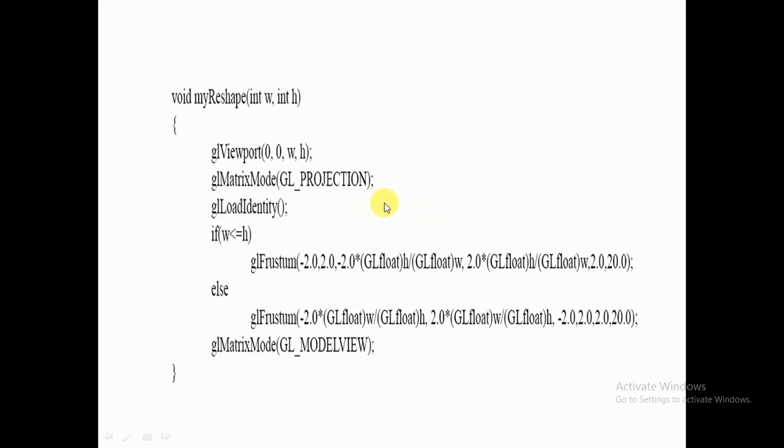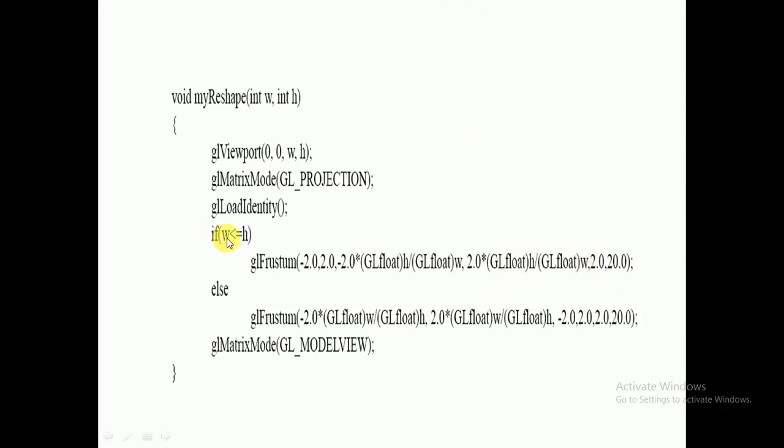Left is -2, right is +2. Then bottom y we have to adjust with the aspect ratio, h by w, when w is less than h. Similarly the top y is also adjusted: bottom y is -2 and top y is +2 into the aspect ratio.